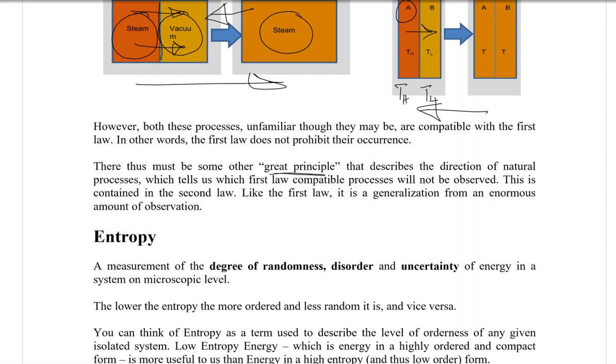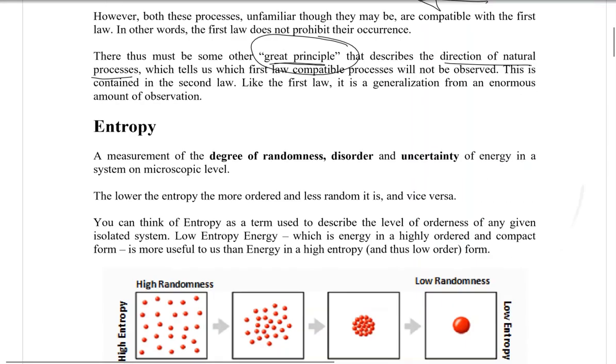So in the second law of thermodynamics, we would be talking about this great principle, the principle of the direction of a natural process. Why the natural process would flow from one direction to another direction, and why it will not flow from the other direction. Before we go to the formal definition of the second law of thermodynamics, let's define a property,